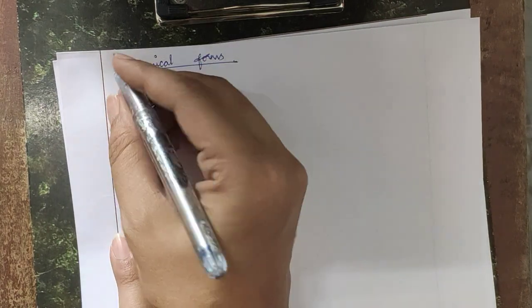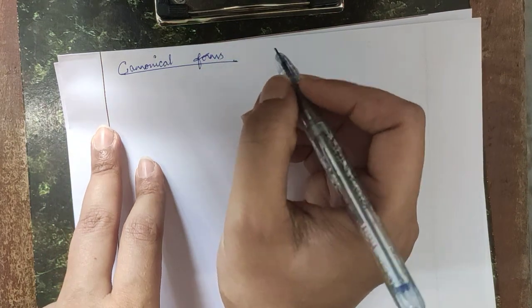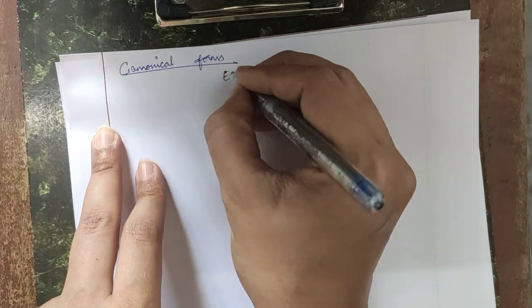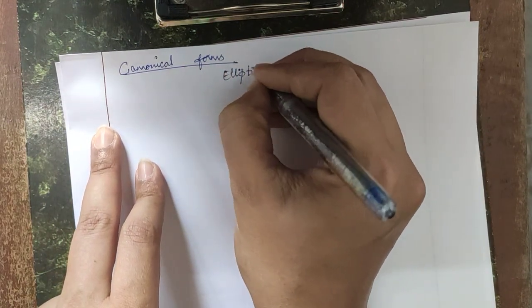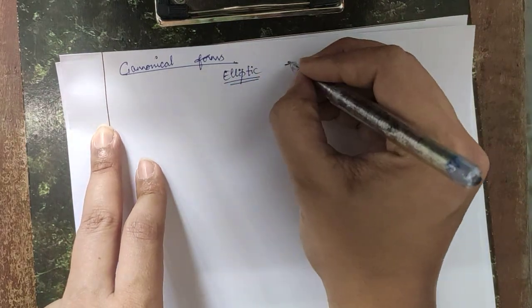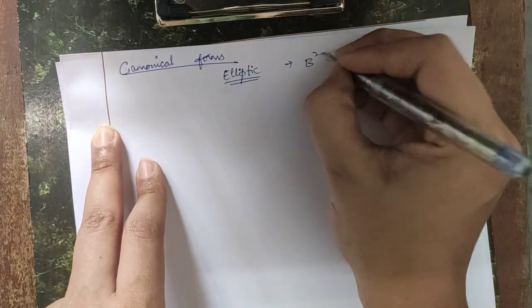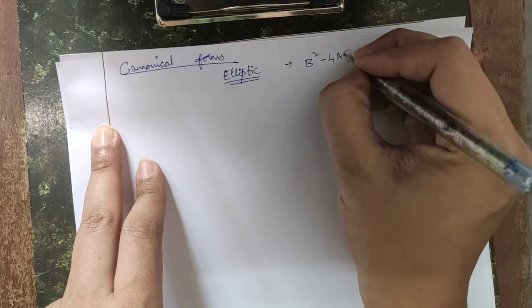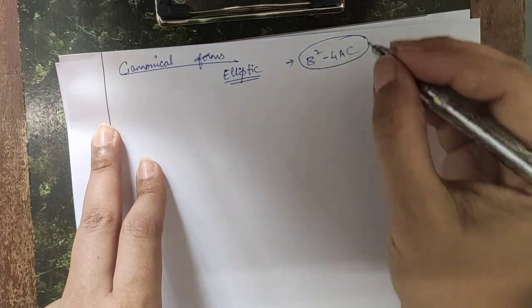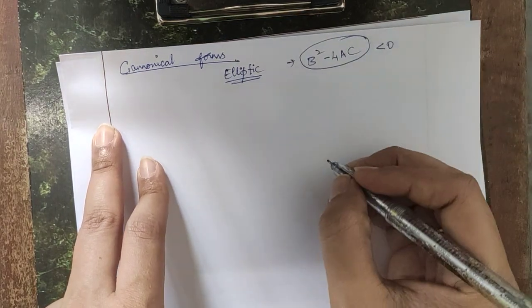Hello dear students, in this session let us continue with the problems, which is nothing but transforming the given partial differential equation into its canonical form, right? In the previous session we discussed a problem where the nature of the given partial differential equation was elliptic. That means if I consider the discriminant, b square minus 4ac, its value was less than 0, right?